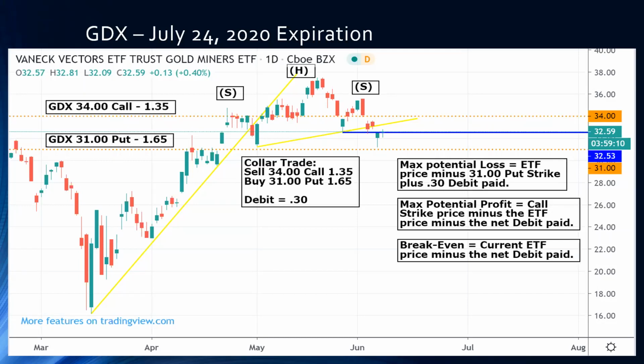You're still long your ETF, you make money on the hedge, and then you wait for the bounce, and then you're still long your ETF, and you figure out what you want to put on, another options play or a different options play at that point. So that's why you use the collar. Remember, once again, the maximum potential loss and the maximum potential profit are the same.